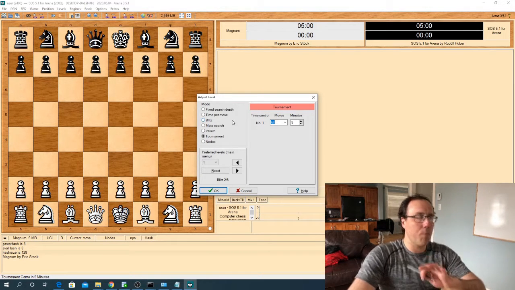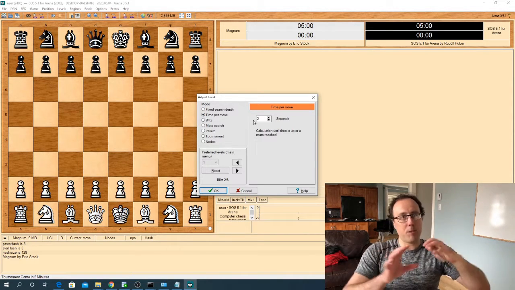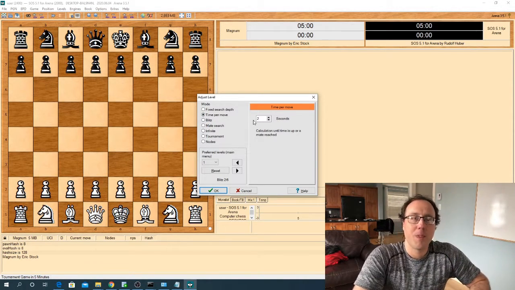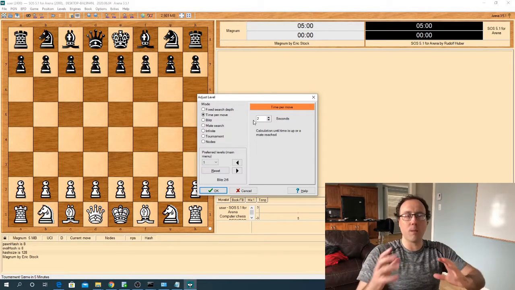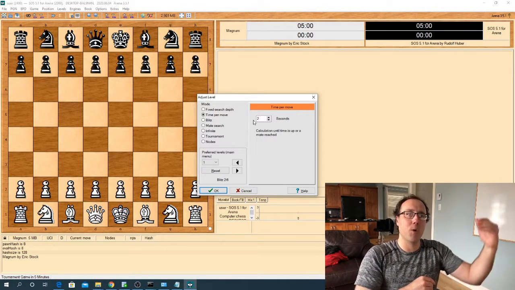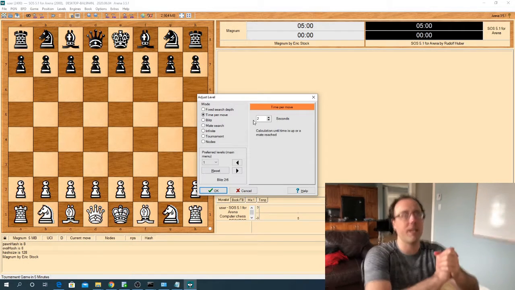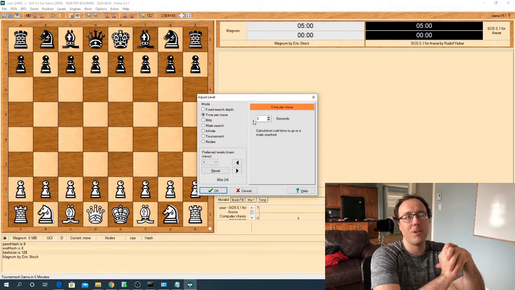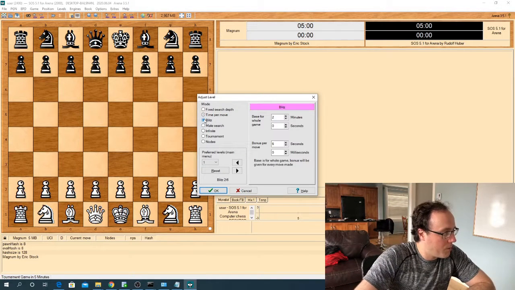Okay, so a simple way I can do this is I can use a fixed time per move. I could give each program 2 seconds per move. The problem with that is it's not really a good way, because one of the programs could get into a situation where it's in a bit of trouble and it needs to use a bit more time to find a good move. And if I limit it to a hard 2-second time limit, then my program might win, but it might not be the better program. So I'm better off using one of these